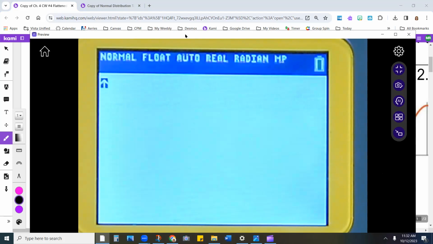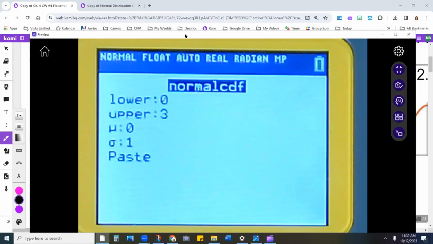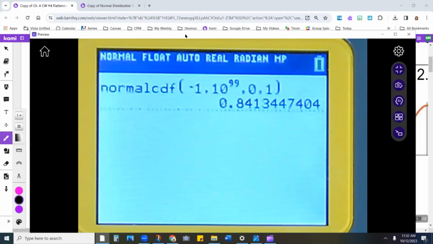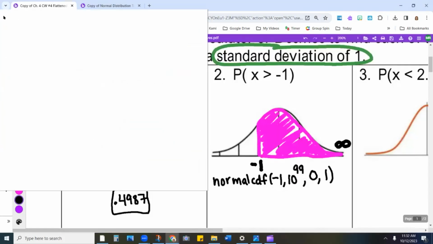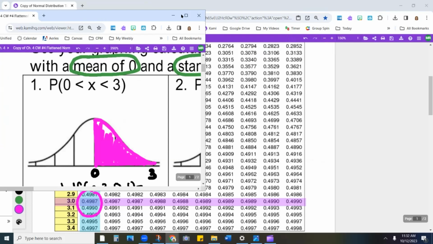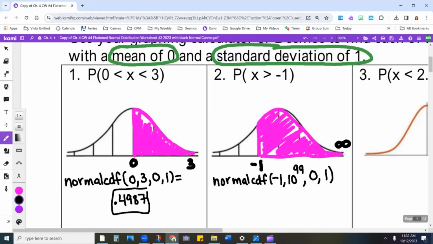So I am going to put my lower bound, which is a -1, my upper bound, which is 10 raised to the 99. I'm going to keep all of those. And I see I get a 0.8413. So a 0.8413. Now, talking about my table,